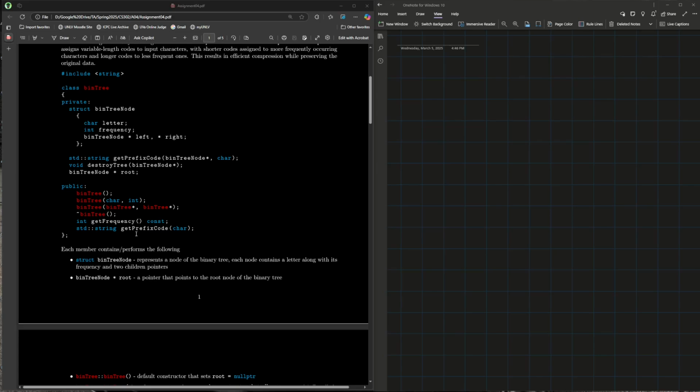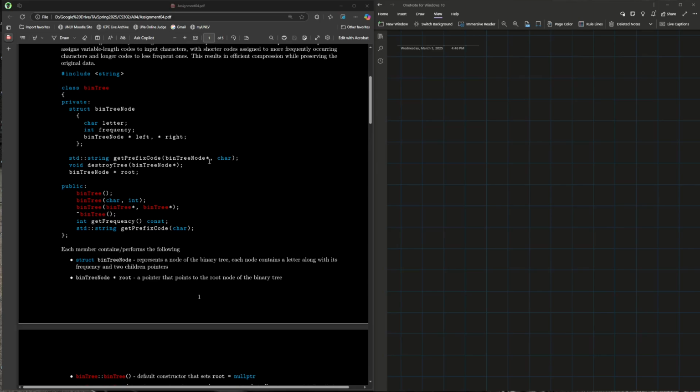And then we have the only really hard part. It's going to be the recursive function for our class. This is going to be either a pre or post order traversal. It's called prefix, but don't get confused. It might be pre-order, it could be post-order. You don't know, so just be careful. In this function, we're going to pass in a letter. It will traverse the tree and find the leaf node with the matching letter, and it's going to return the prefix code for that. So this function right here gets called in main, and internally it is going to